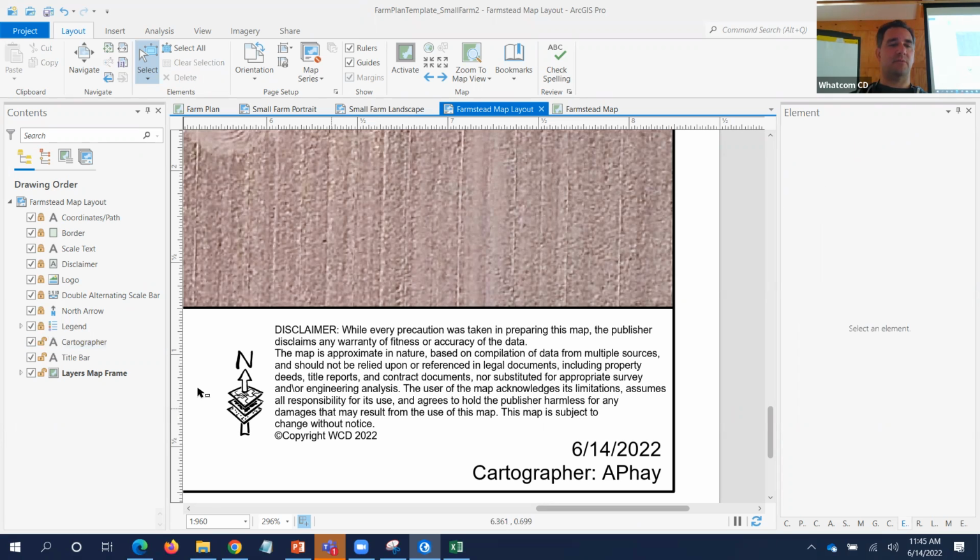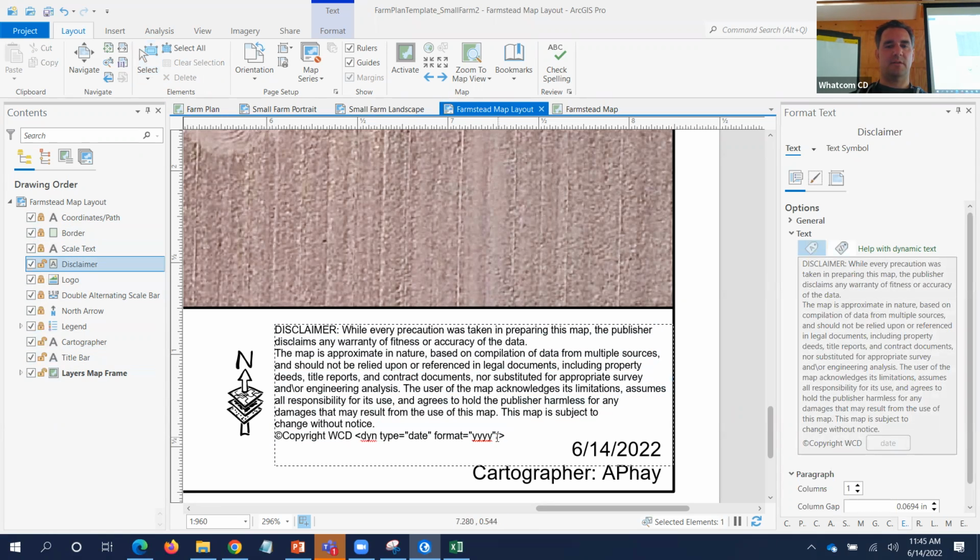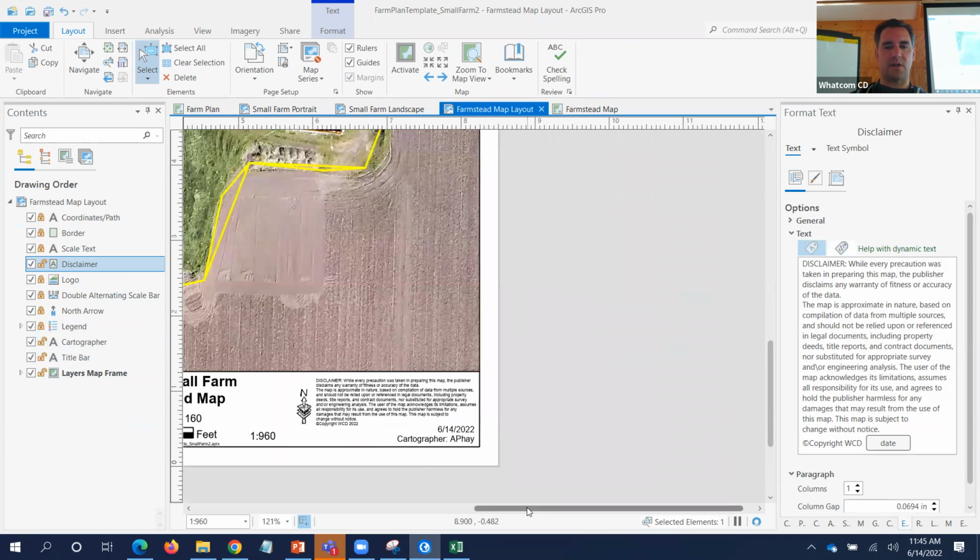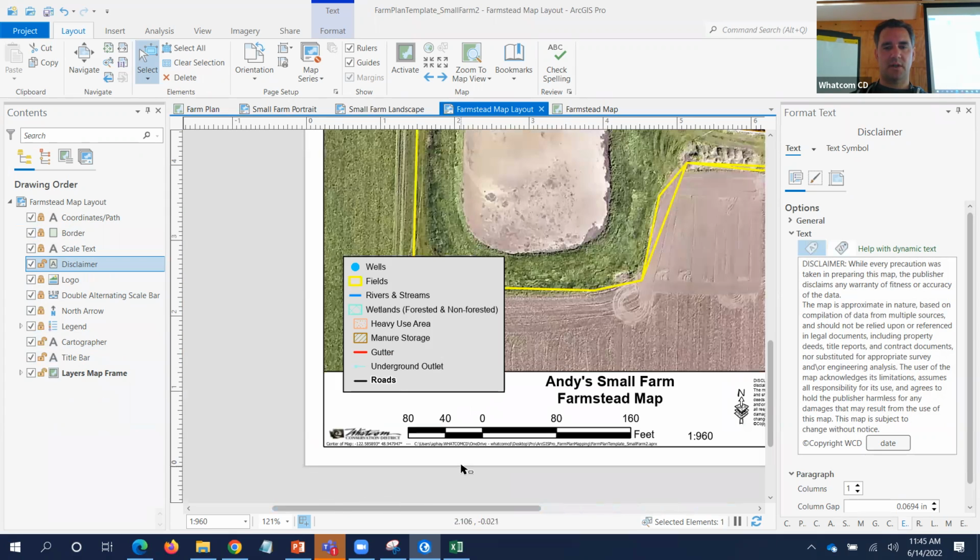You can even do it with the disclaimer. This disclaimer has the year format of the date. So I never have to change that year on there. Always there. Now there's also down here,